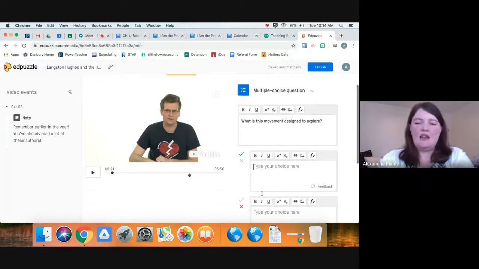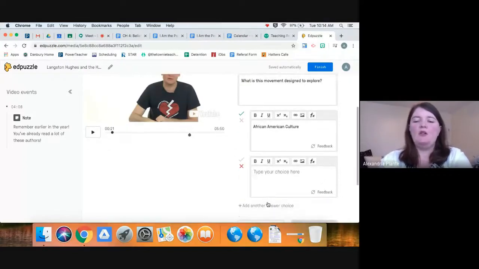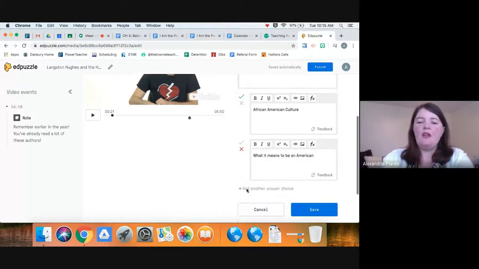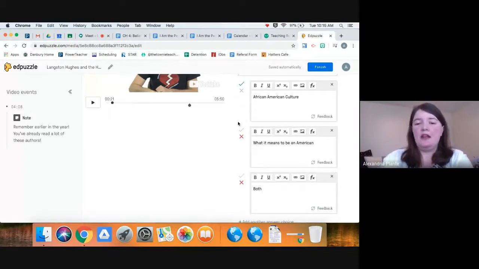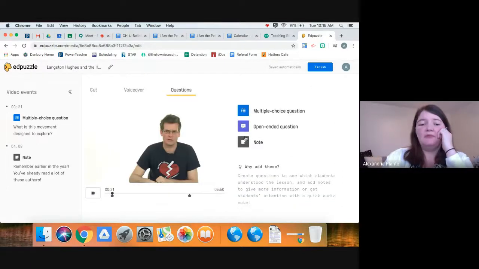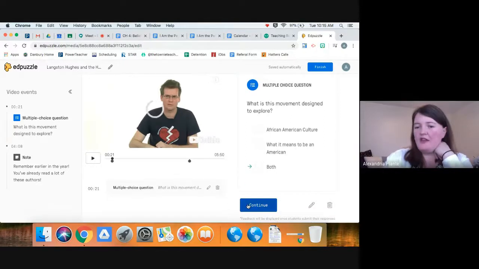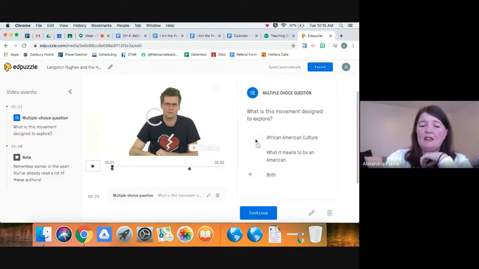And so then I can say, African American culture, what it means to be an American, or both, right? And so then I can change. So yes, that's the answer. No, that's not the answer. This will automatically grade. It'll pop up like this. The students are required to click something before they hit continue, and this will automatically grade itself. The options,